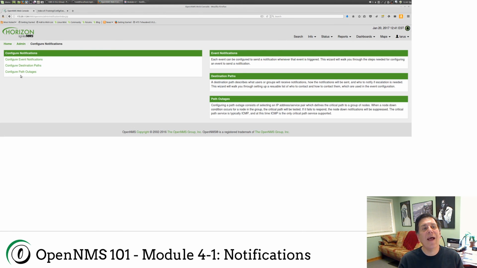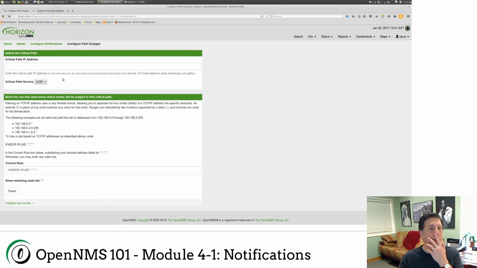and we're going to do the third and last menu, Add Item Path Outages. And so I'm going to call this, let's say we have a 172.20.20 network, and I get to it through the 172.20.20.1 address. So I'm going to add that address here, and I'm going to make a rule. And I'm going to say IP adder IP like